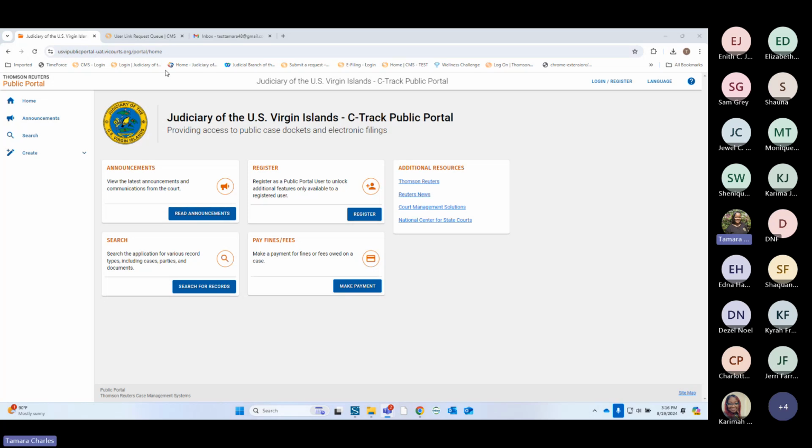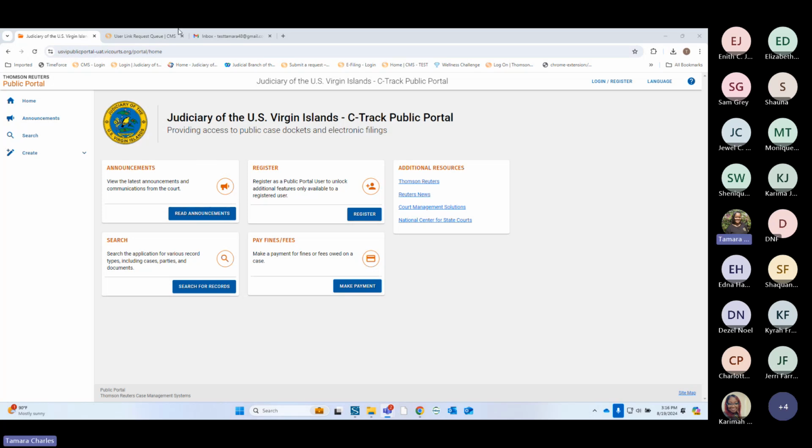Again, the test site and the email address are in the chat, so you can scroll up into the chat. It's right there. You may want to just copy and paste it somewhere so that you have it. Let's see. What other, let's see my notes here.